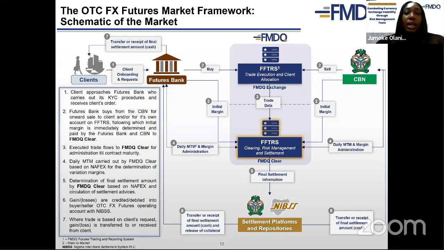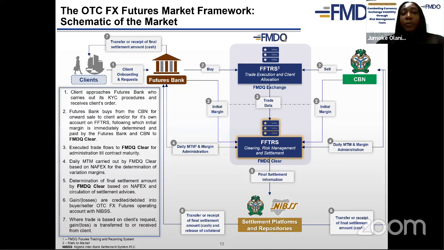So this is done daily by the FMDQ, the clearing house. This will be done all the way up to the maturity date or the expiry date of the OTC FX futures contract. On this day, FMDQ Clear will now value the contract against the spot NAFEX rate on the expiry date of the contract and determine what the final settlement value is